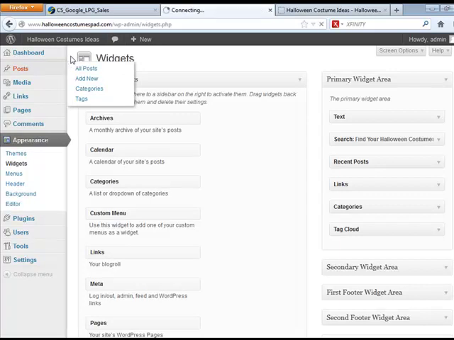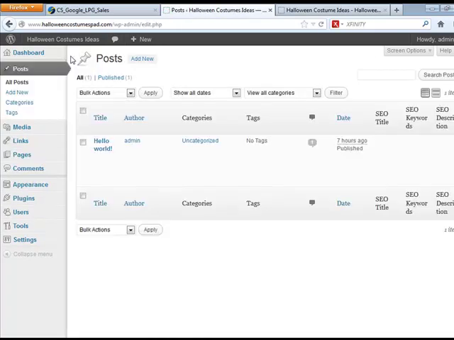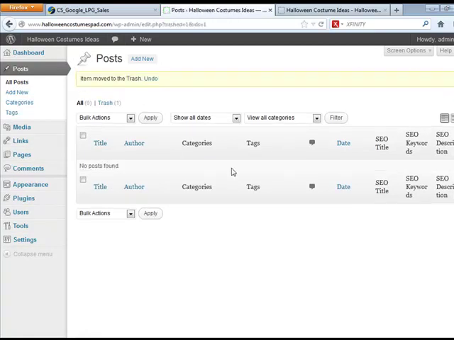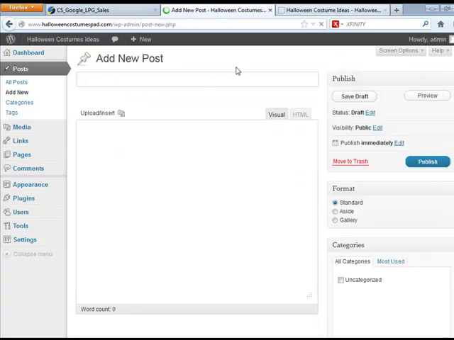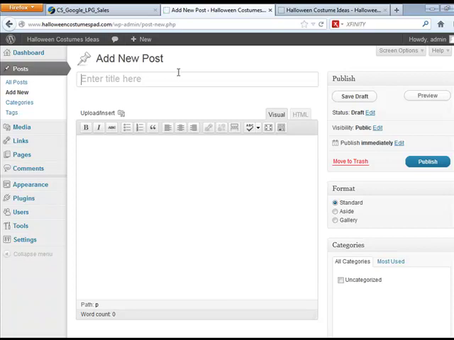a post here, which is going to be like a product review. So Hello World shows up. You can actually just trash that one. So I'm just going to go ahead and click on trash, and we're going to click on add new post. And inside our post here, again, this is just very basic WordPress, but this is going to be like